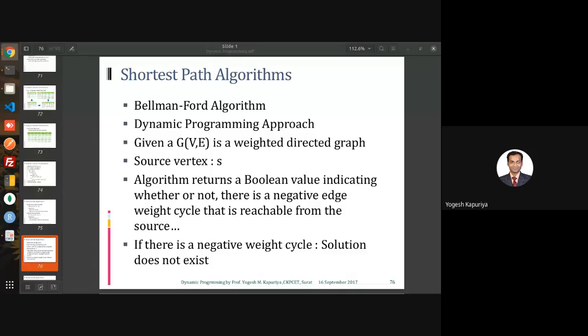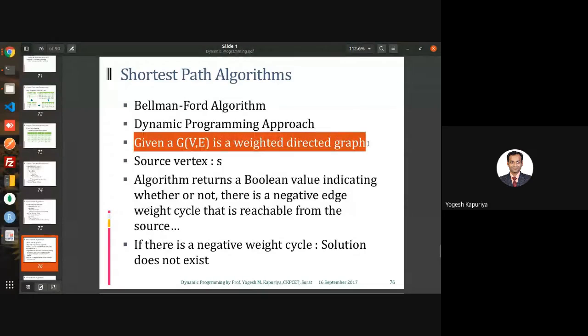So in order to solve a larger or bigger problem, you need to solve a smaller problem in an optimum way. When you have the result of this subproblem in an optimum way, you can always combine them and generate the ultimate solution which you are interested in. So that's why it has an optimal substructure property, and that's why this problem can be solved using a dynamic programming approach. Let's discuss more on that. So basically it's the Bellman-Ford algorithm, a dynamic programming approach.